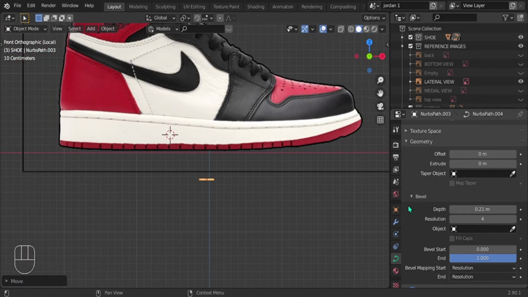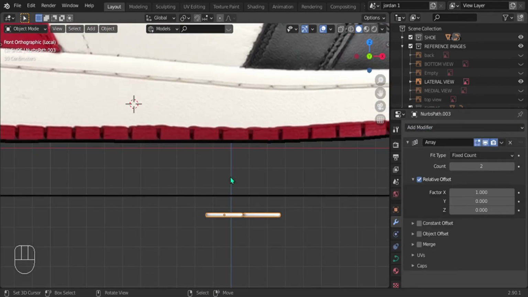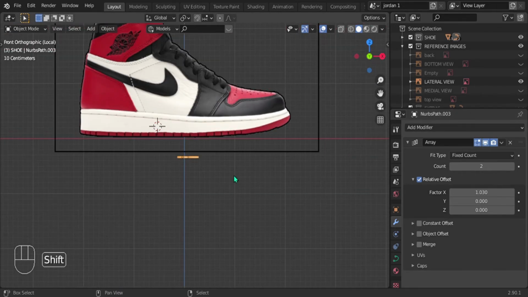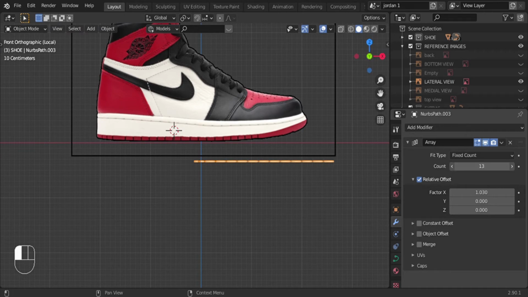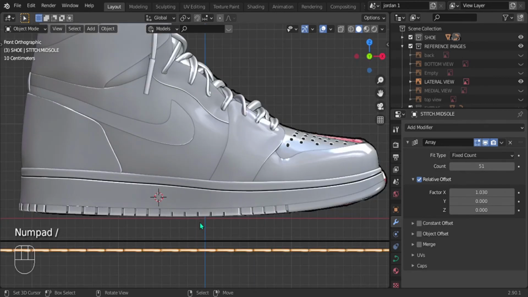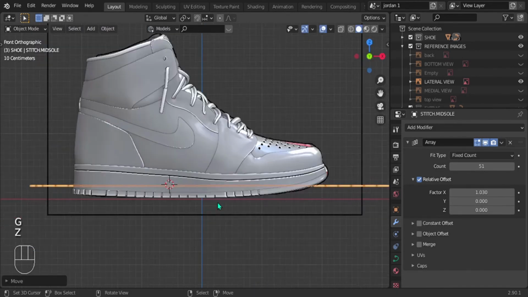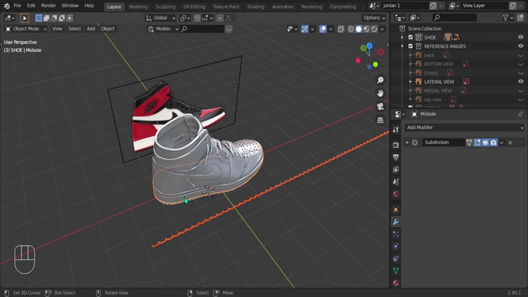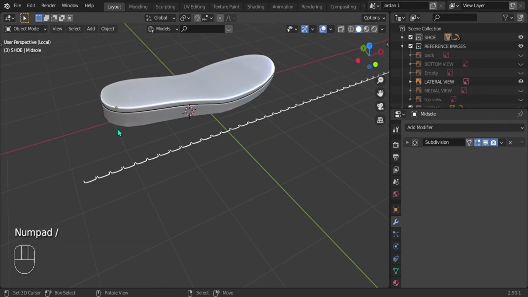Now let's add an array modifier to it. So yeah, there you go. We can kind of play with this a little bit. Let's increase the count, something like that. And we're just gonna add a curve, basically curve modifier, and curve it around the shoe. So let's rename it stitch midsole, just to know which one it is. There we go. You can bring that up a little bit, maybe bring it out along the Y, something like that. And let's select the midsole, come in,